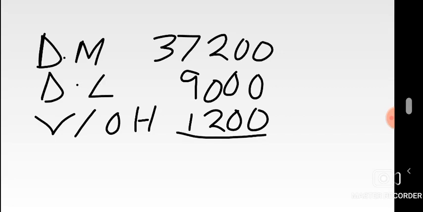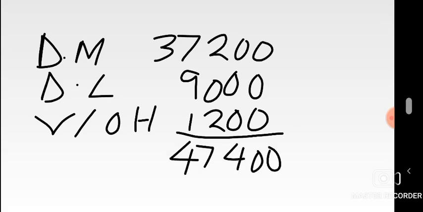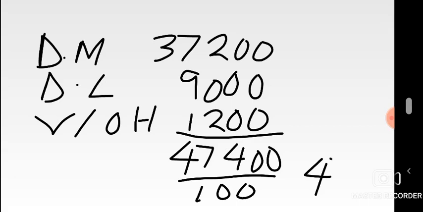Because you're not going to include fixed costs. We already gave the reason. Costs that you incur even though you do not make a decision are not relevant. Please take note of that. So I'm just trying to equally punch this, okay, just to see what cost you arrive at. It's 47,400 total cost. Okay, that's your relevant total cost. Then find for one bicycle. What do you do? Divide by 100. Answer: 474 kwacha per bicycle. That's your relevant cost per bicycle.